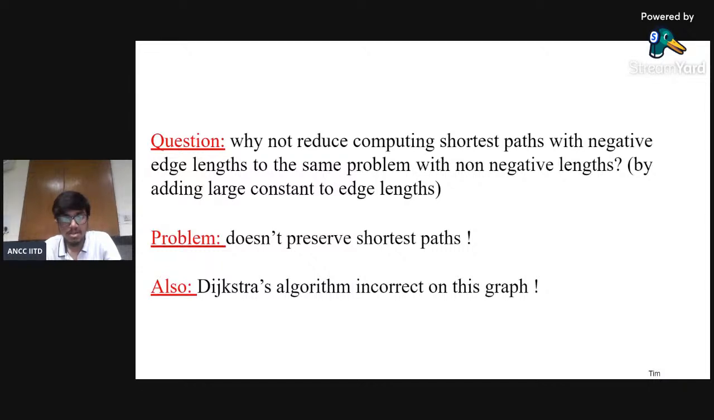That is because there could exist some path with more edges which computes a larger distance, but when we subtract the large constant more number of times, it could finally get to a smaller value. Like in this case, you see that if we go via this path, 7 and 1,